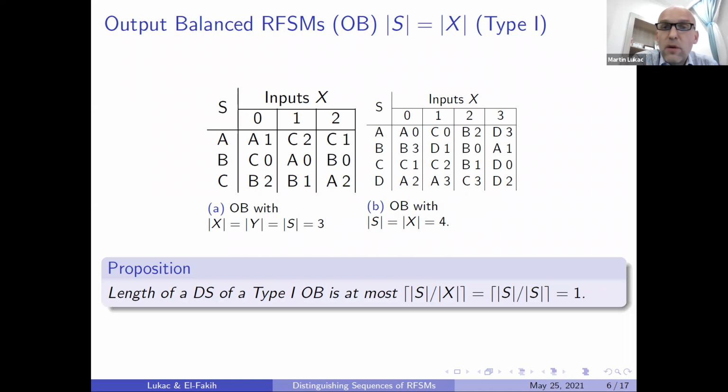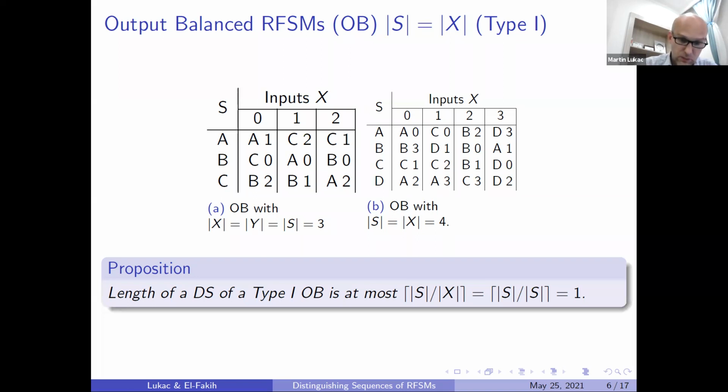The first type is an output balanced reversible finite state machine that has the same number of states as number of inputs as number of outputs. It is nice and square, and the very interesting thing about this machine is that it has a distinguishing sequence of length 1, which means if you are in an unknown state, you apply an input, and for that particular input you will have a unique output and state